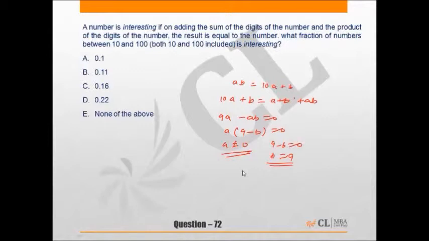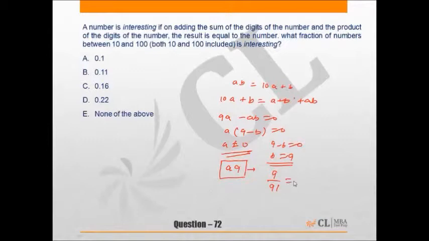So our numbers in the given range will be of the form A9, where A can assume any value from 1 to 9. So the total number of interesting numbers in the given range is 9, and we have to find 9 is what fraction of the total number of numbers in the range of 10 to 100 including both. There are 91 numbers from 10 to 100, so the required fraction will be 9 upon 91,